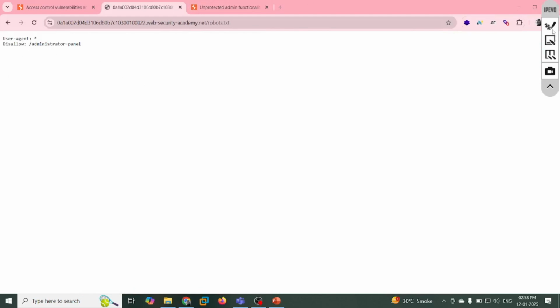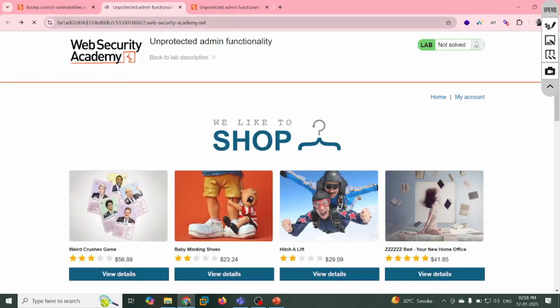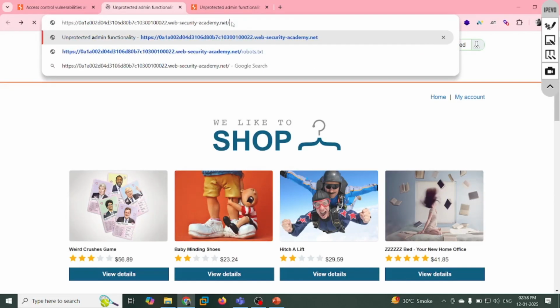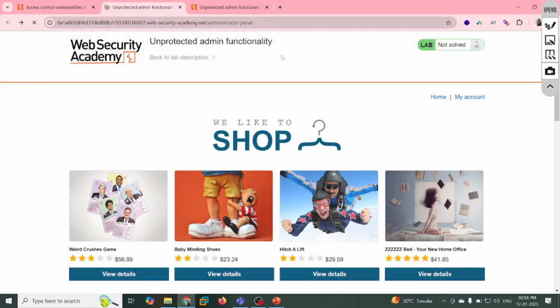We have something called this Disallow function. Basically, in the robots.txt file, you will see which paths are allowed and not allowed, right? So basically, we just wanted to see if they have implemented proper access control or not. So I'm going to copy this endpoint, and then use it over here to see if I'm able to access the administrative panel or not. And there you go.